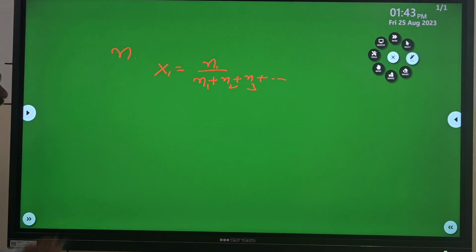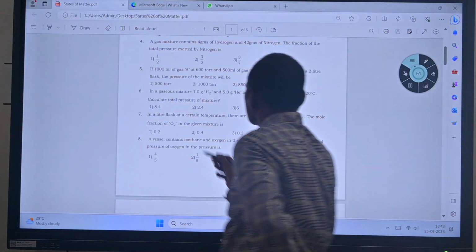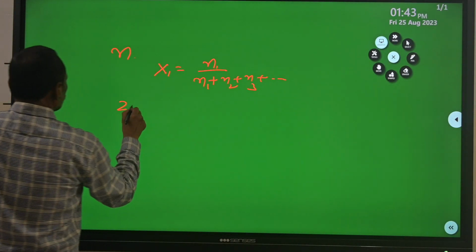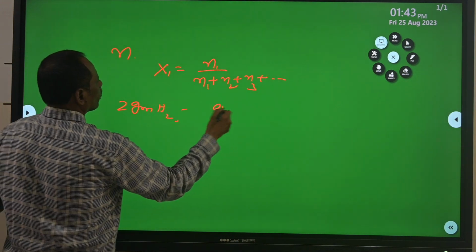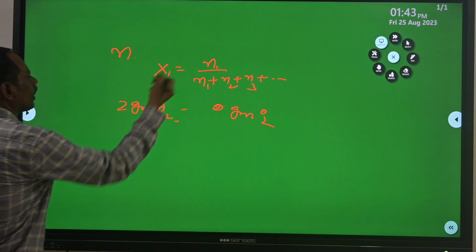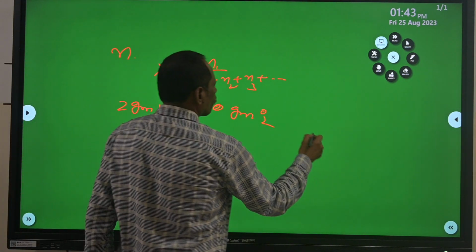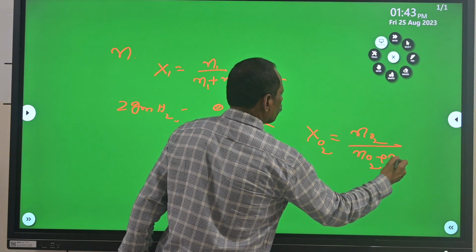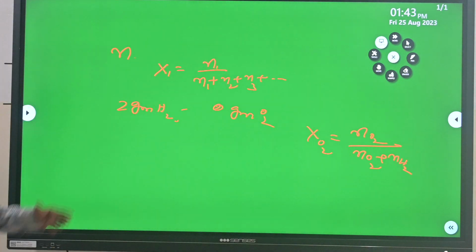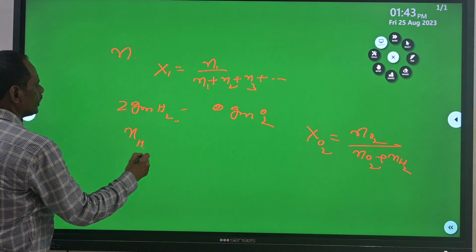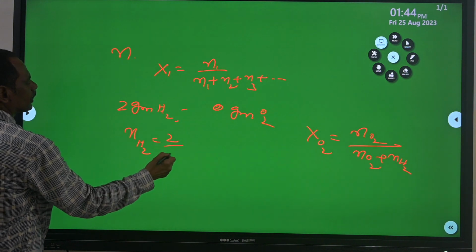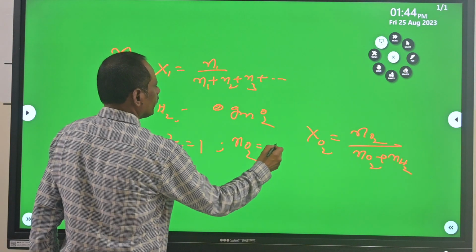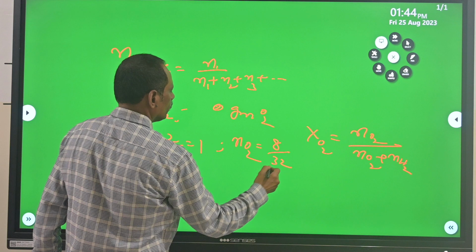Here, in our problem, only 2 gases are there: 2 grams of hydrogen and 8 grams of oxygen. Calculate the mole fraction of oxygen. Mole fraction of oxygen is equal to mole number of oxygen by the total mole number. So the number of moles of hydrogen is equal to weight of hydrogen by the molecular weight of hydrogen, and the mole number of oxygen is equal to 8 grams by 32,